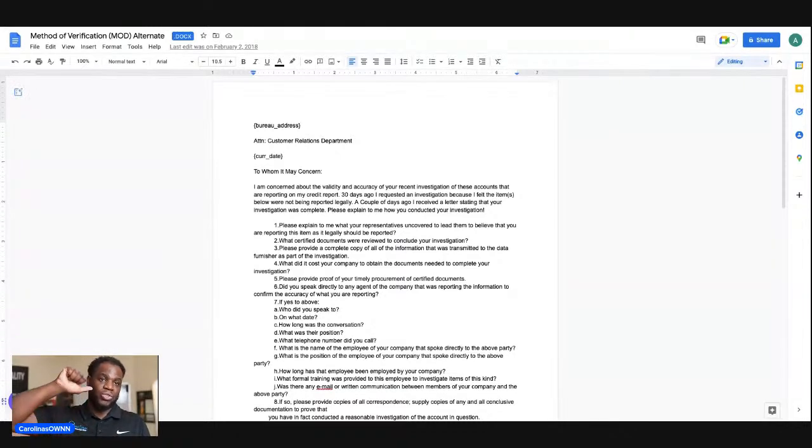You have to make sure that you send that courthouse letter. Call them. Ask them, how do you want me to send this letter to you? Do you want me to send it to a P.O. box? What's your mailing address? And find out what they need in order for them to send you that courthouse letter. When you get that letter from the courthouse saying that they do not report to the bureaus, that is your bargaining chip when you send this letter. When you send that method of verification letter, you're going to say in that letter,